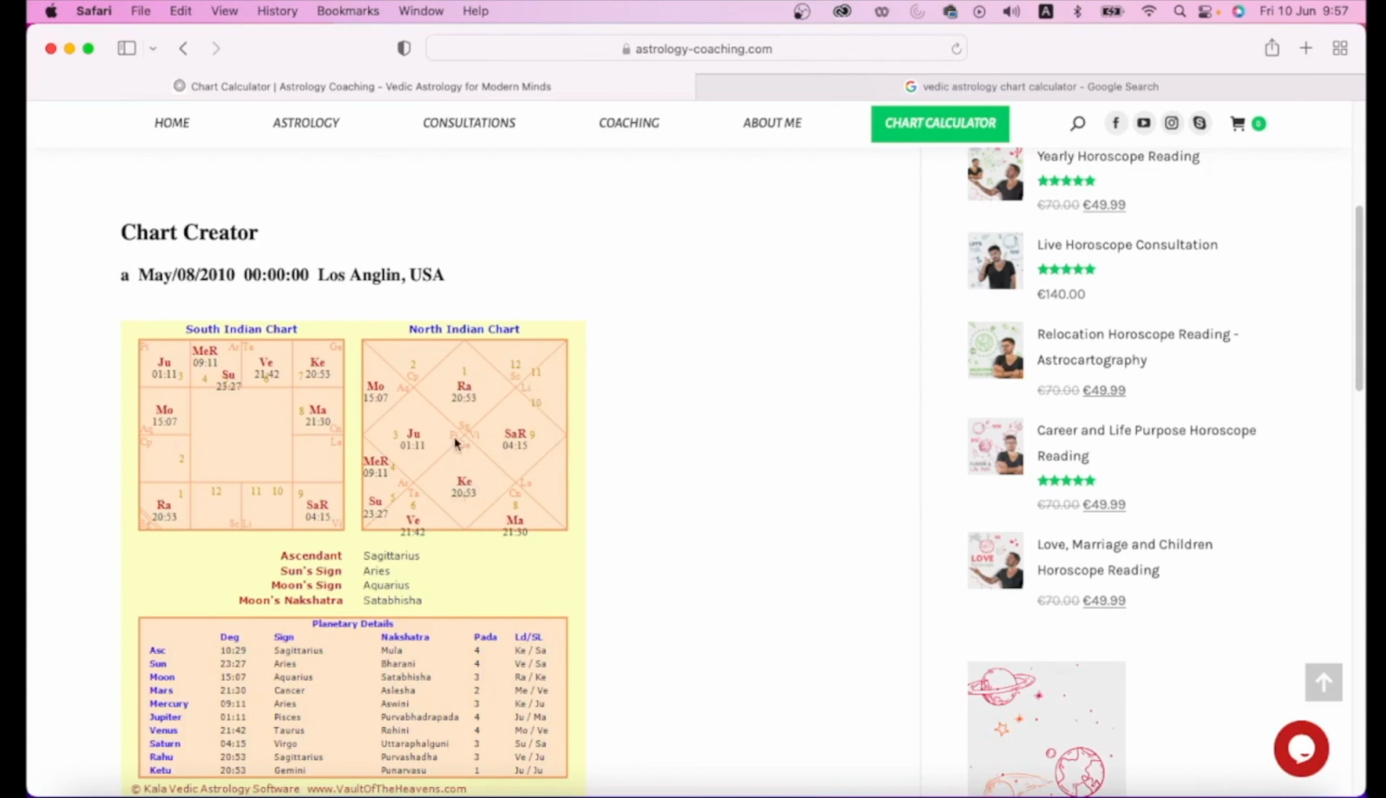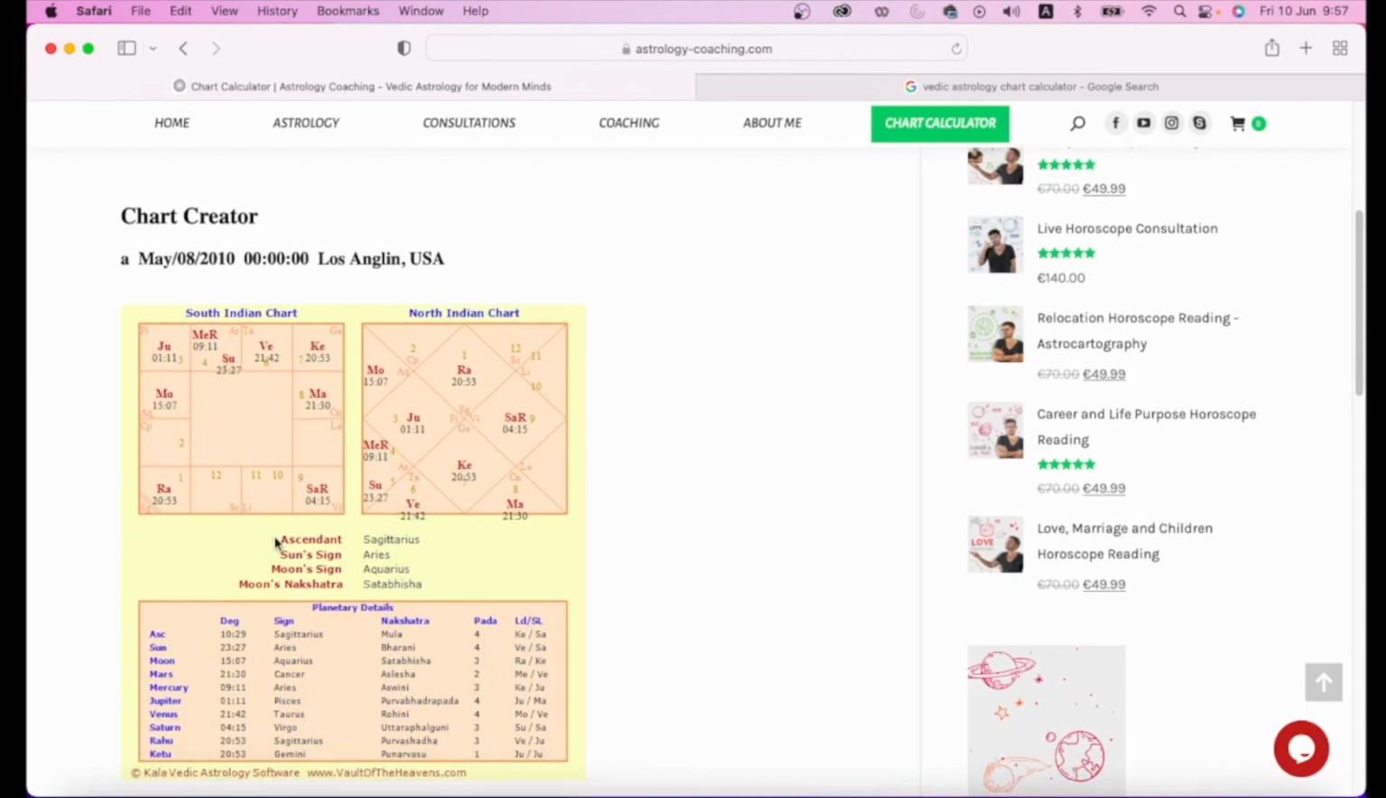And you check the planet, you check here what is the zodiac sign. Of course, if you don't want to check the chart, you can go here directly: Ascendant Sagittarius, Moon sign Aquarius. So you have to watch the transit videos and yearly predictions videos for Sagittarius and